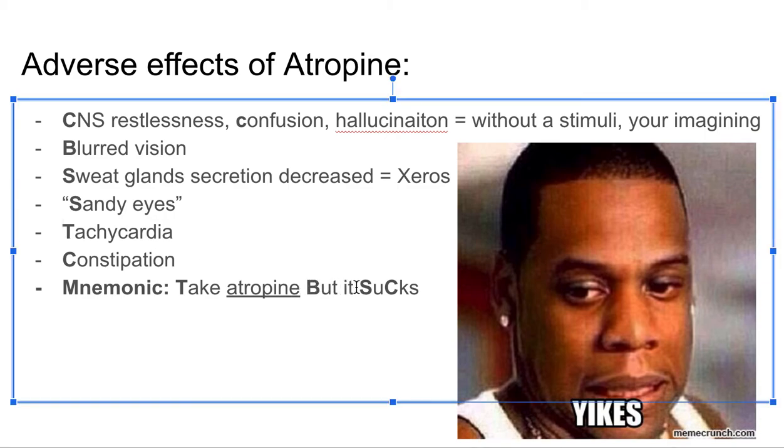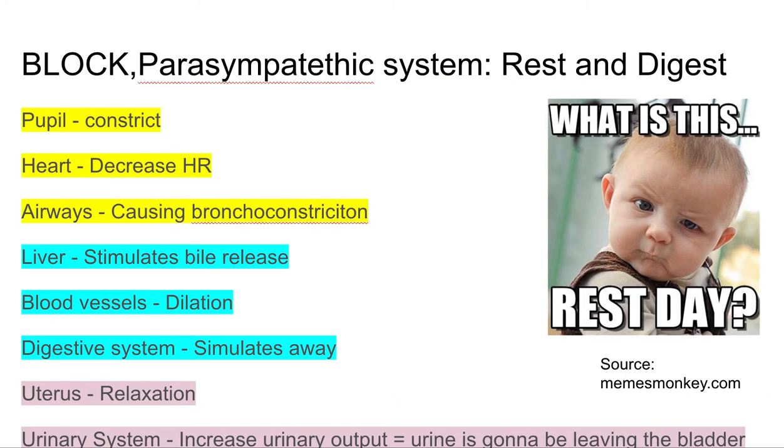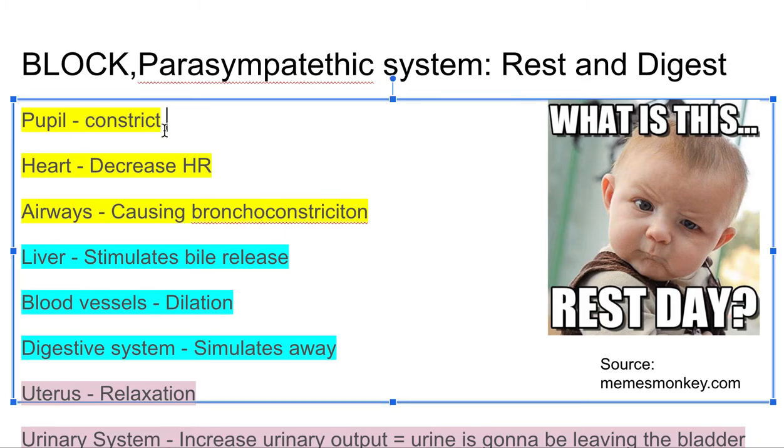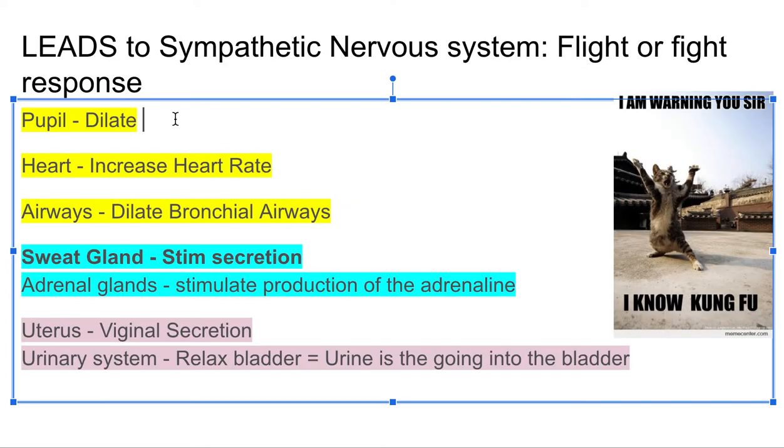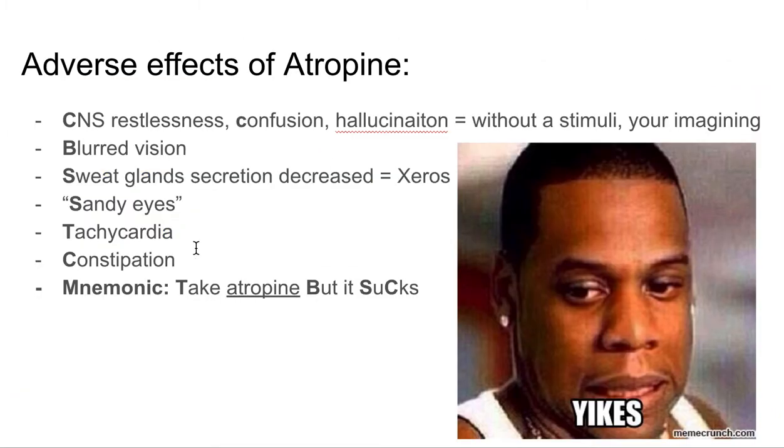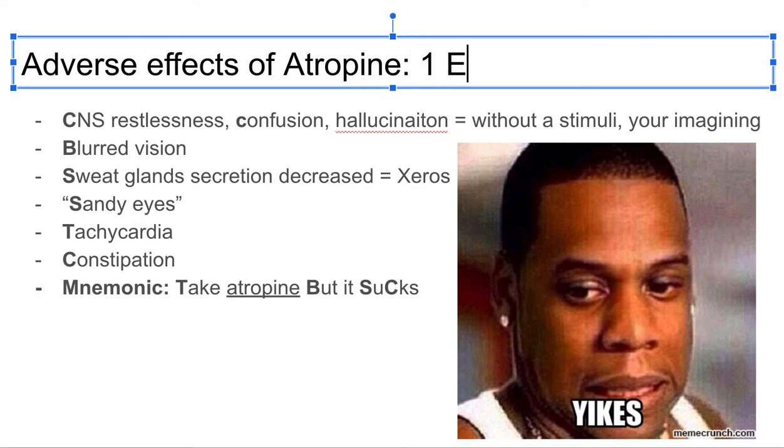The next thing is going to be the S over here. So S is two things, and S is the tricky part. So sandy eyes and sweat glands. Sandy eyes is quite simple. Again, the pupils are not going to be constricting. Also, the heart rate will not be decreasing. And what will be happening is that the pupils will be dilating. So yes, they will dilate. So when you dilate, you're going to be getting sandy eyes, as per se. Sweat glands are going to be decreasing. So here's one exception. So there is one exception to atropine. One exception is that only for the sweat glands,